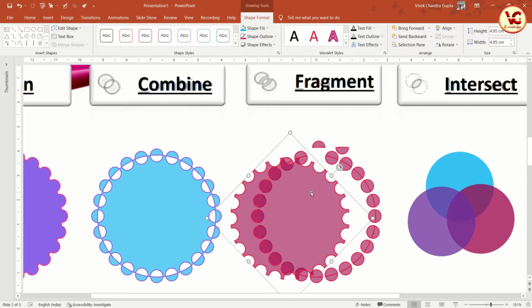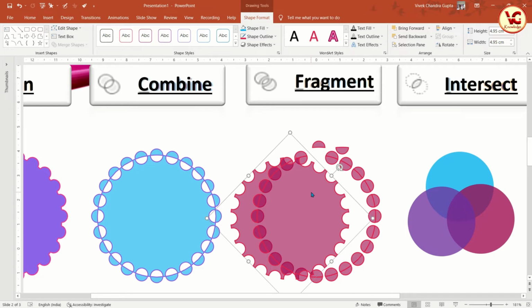First, there were two objects, rather multiple objects were there. Two objects means first there was a big circle and there were two small circles. So what was the third? Third was the common area of these small circles and the big circle. So it created fragments of these objects.